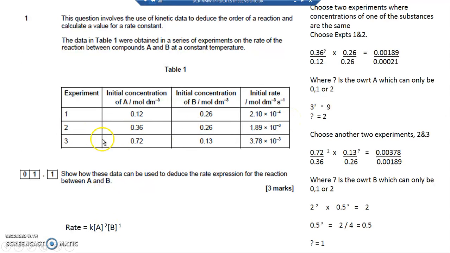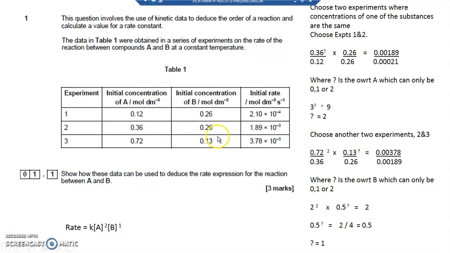Next, I'm going to have to choose the other two experiments to be able to work out the order with respect to B. We've got spoilers. I'm telling you it's a 1, so let's see if we can work out why it's a 1. In these two experiments, I've not got any concentrations the same in either experiment 2 or 3. But it's not so bad this time because I've already got some information from my first calculation. My next two experiments: 0.72, so I'm going concentration of A in experiment 3, divided by the concentration of A in experiment 2, 0.72 divided by 0.36, raised to the power 2, and I know that's a 2 because it's a 2 here,